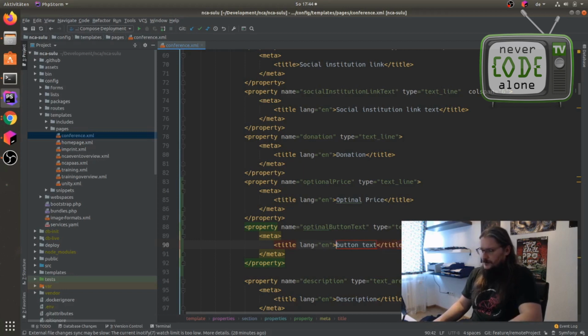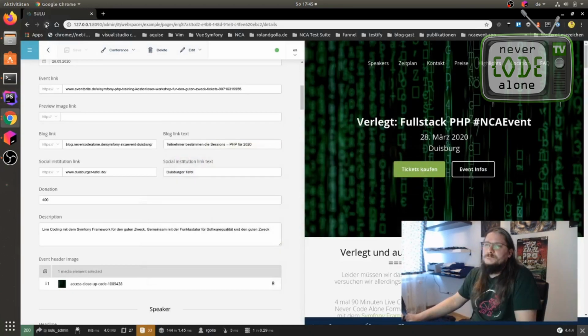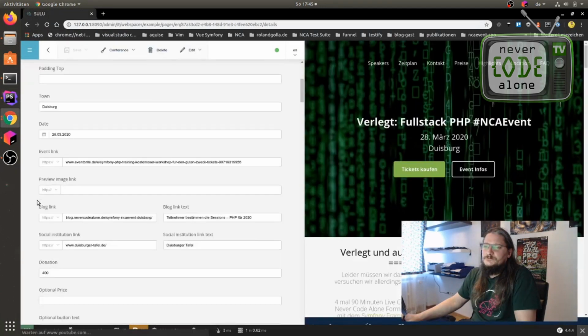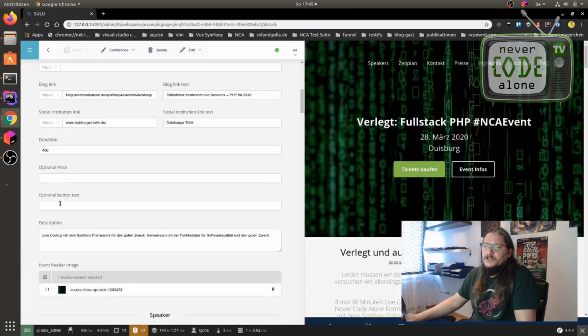So let me also fix this here. Okay, now I have here two new fields. Optional price and optional button text, and I think this is some near category.